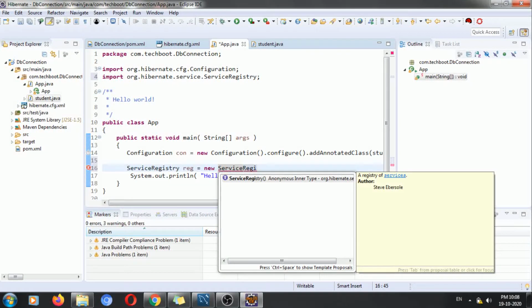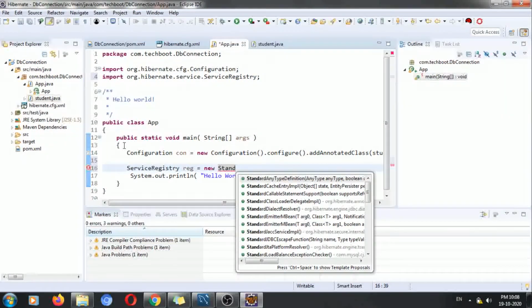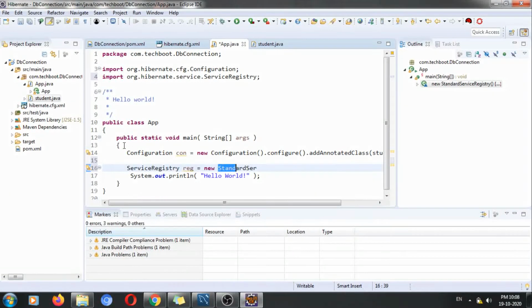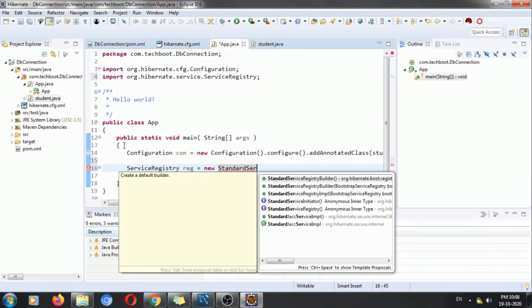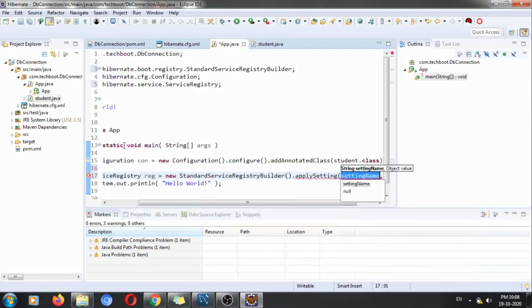In the new version of Hibernate, we are going to use the StandardServiceRegistryBuilder dot applySettings.